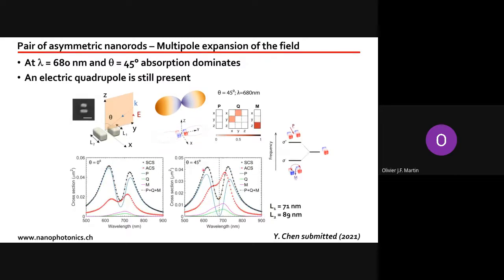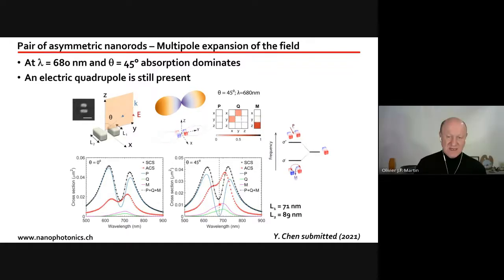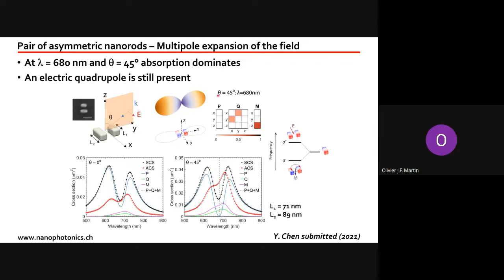Now, the question is, when we analyze the system, it turns out, if we focus here at this wavelength of 680 nanometer, we have been now capable of removing completely this electric dipole resonance. So we have a strong magnetic dipole that we see here, but we still have an electric quadrupole here. And we see it here again in the distribution. So we start to have a strong magnetic response, but there is still this electric